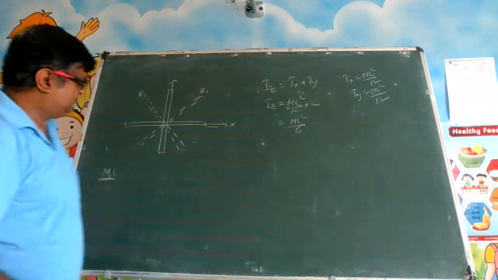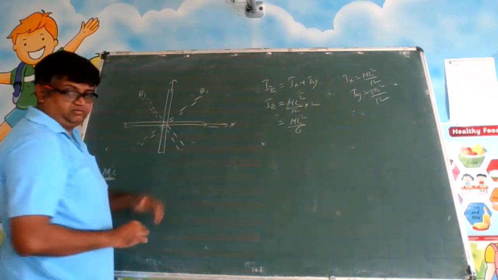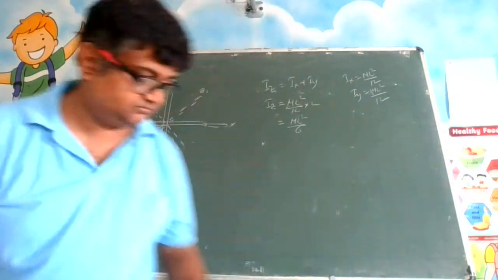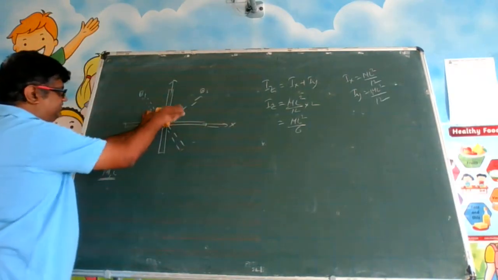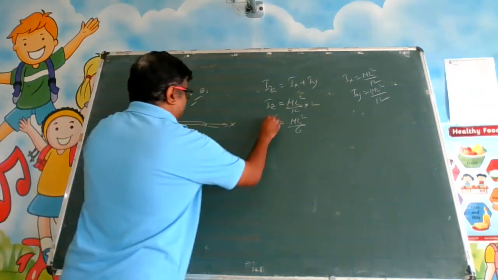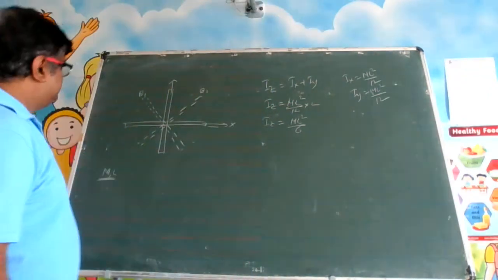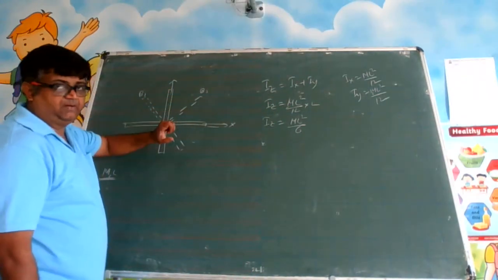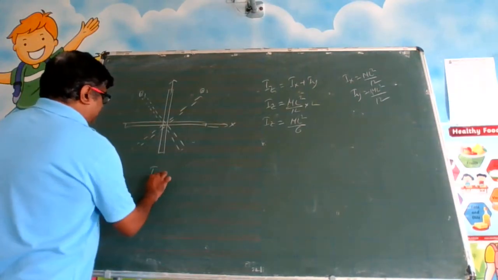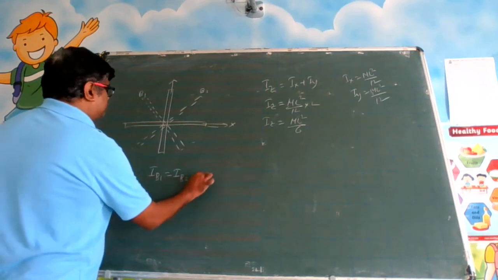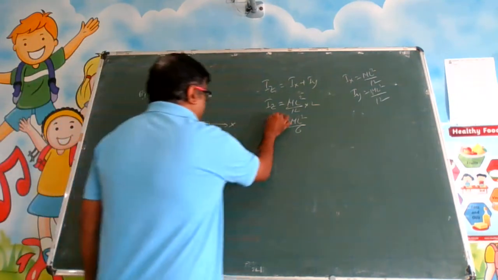Now what is this Iz? This is x, this is y, and this is perpendicular to both, like this duster. There is an axis like this. This is x, this is y, and this is your z. So this is the Iz value. Now, in the question, both are angular bisectors. That means both are symmetrical, so both must be equal. So you can say IB1 is equal to IB2, equal to some IB. Now you have the value of Iz.